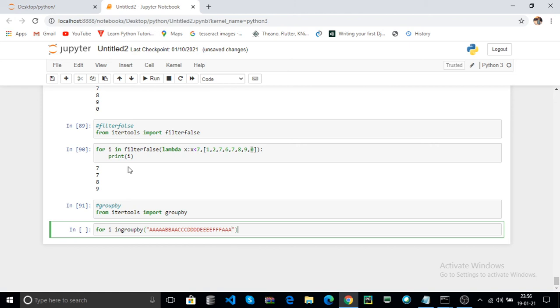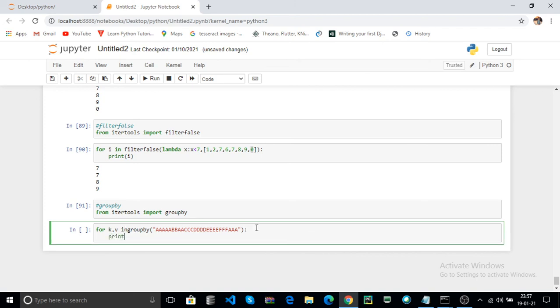Here this is your string. It returns the key and groups. The groups contain the sublist items. Now the keys are stored as k, and the sub items are stored as a variable v.